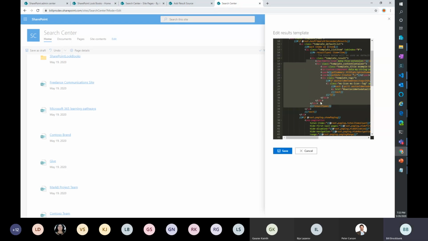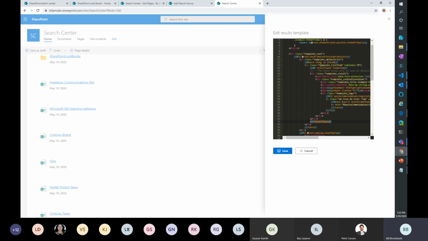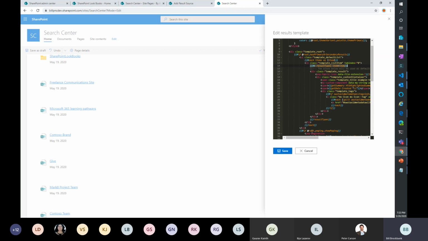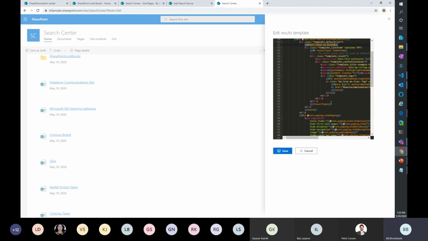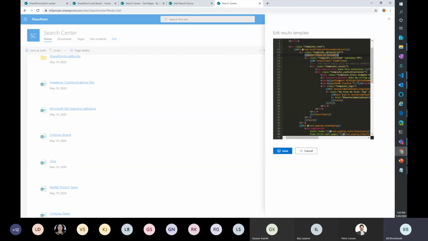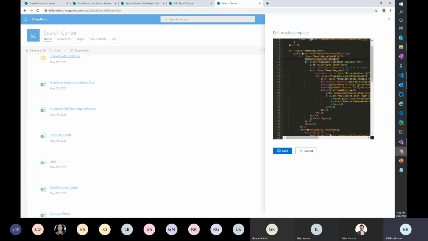So in handlebars, you have the concept of looking at collections of information. We see results here, type, and rendering this block repeatedly. Actually, the for each is the one I wanted. This is saying all the items that came back, for each of them as an item, implement this block of code as a repeatable block. Its count is managed by the count you gave for the page and what you're retrieving. So you only have to worry about how you want to render your search results within this div block.